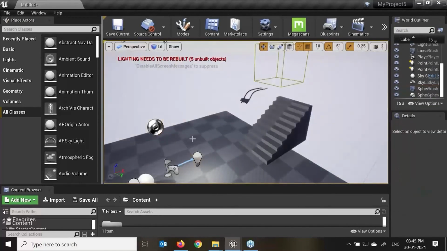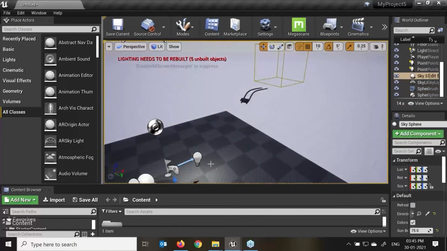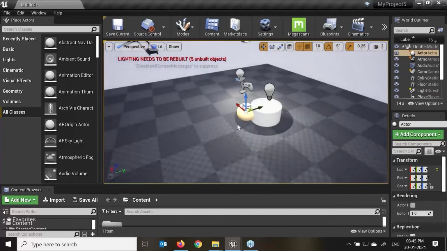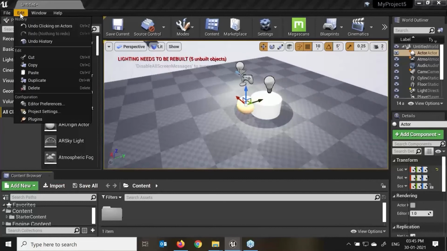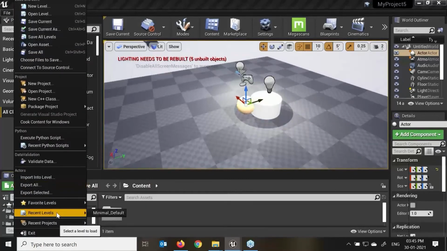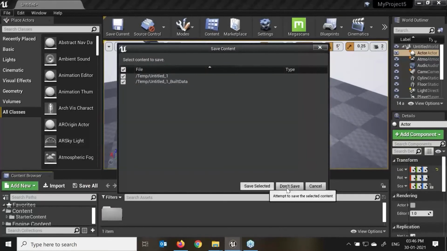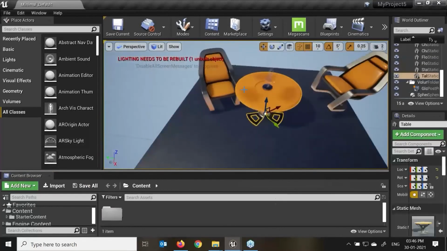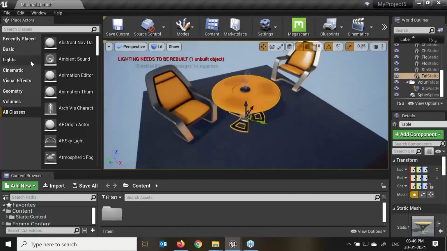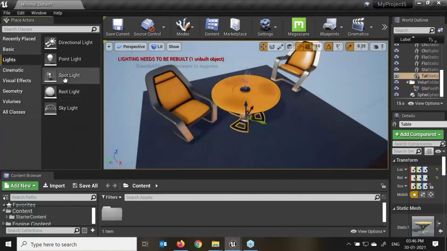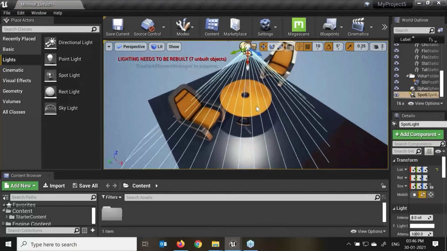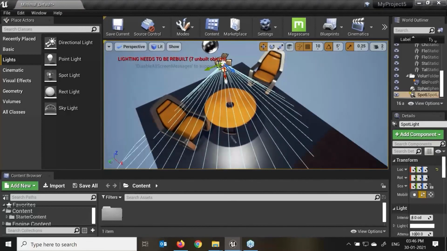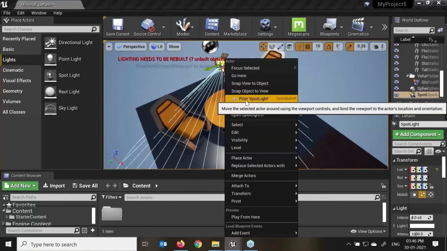For example, if I've created a light in my scene and I want to see from my light view, I'll select this and press F. Or for example, I'll try to search in my content editor, or if I want to go into my previous level, recent level, this is the default over here. Save, don't save. So this is my previous level which I've created. Now, if I'm creating a light over here, say I'm creating a spotlight, and I want to look through my selected light, first I need to create the light in my scene. I'll right click on my scene light and say pilot spotlight.